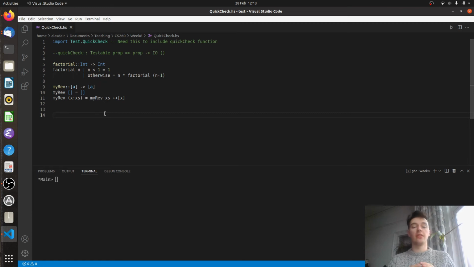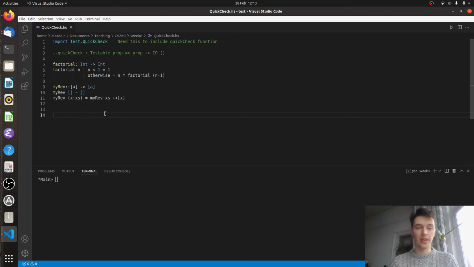Today we're going to take our first look outside of the Haskell prelude by looking at another module called QuickCheck. Now QuickCheck is quite widely used in programming. First it was implemented in Haskell, it's now in Java, Python, a bunch of other languages. I think there's something like 20 odd languages that have some version of QuickCheck which has been re-implemented from Haskell